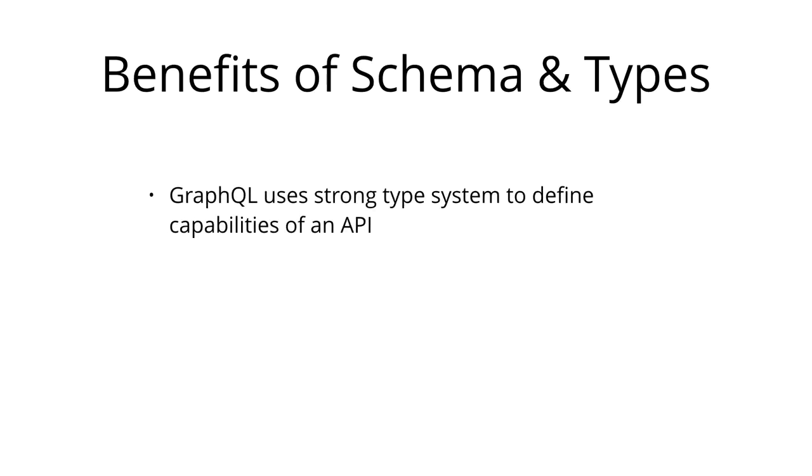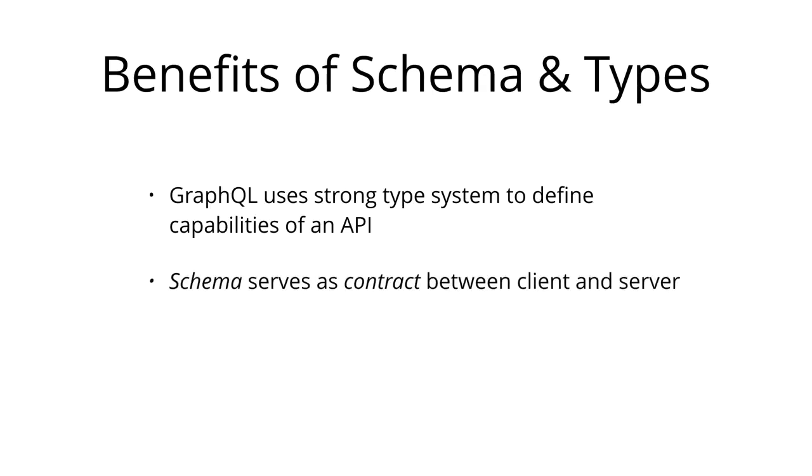Another major benefit of GraphQL is its type system. GraphQL uses a strong type system to define the capabilities of an API. All the types that are exposed in an API are written down in a schema using the GraphQL schema definition language. This schema also serves as the contract between the client and the server to define how a client can